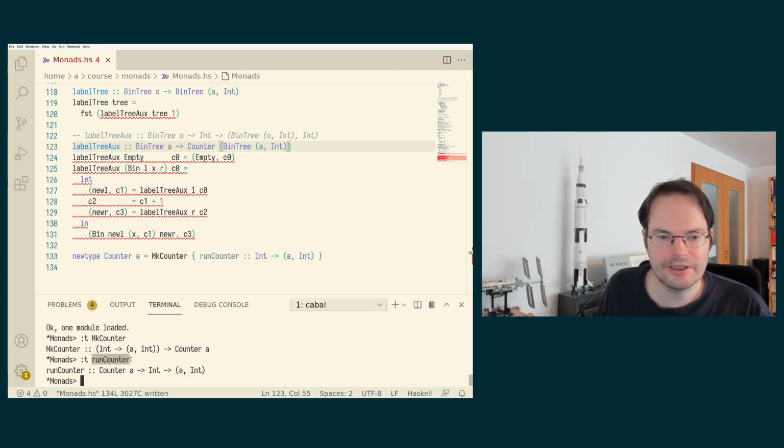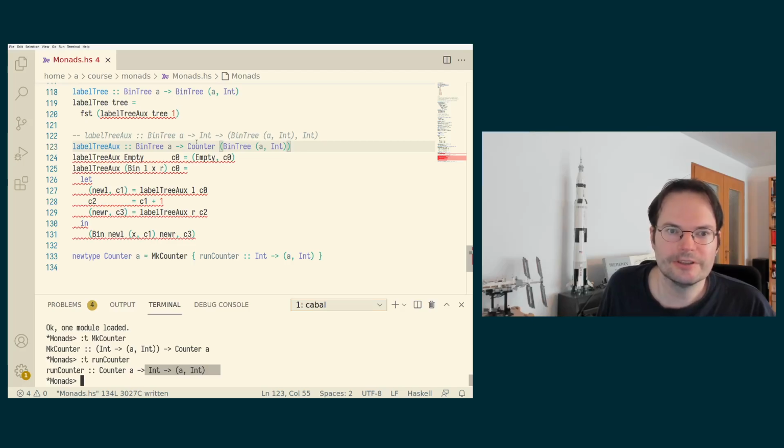We need the run counter function to go back from a counter a to such a function. We are not applying these functions anywhere here. We're never producing anything of this counter type, so the whole definition at the moment is incorrect. Okay. But interestingly, perhaps somewhat, we now see that the relationship between label tree and label tree aux is exactly